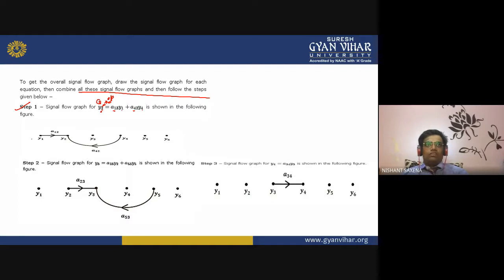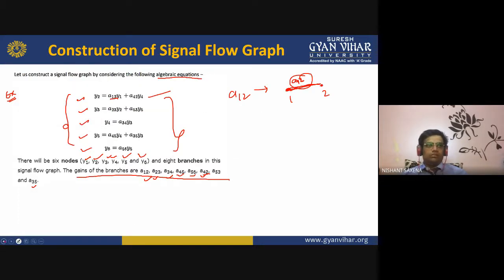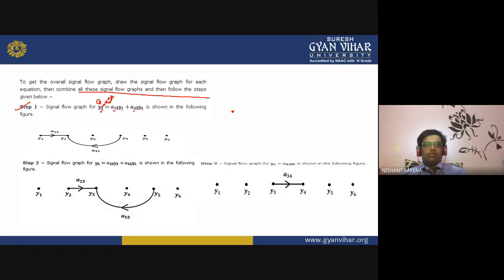So first of all we have to define the nodes like this: y1, y2, like in the previous slide. Let me show you. We will define all these nodes y1, y2, y3, y4, y5 in a series, and then we connect. Then we have a connection between y1 and y2 with the gain a12. Similarly, we have the relationship with a42, which is given by this. This is your a12. Remember.